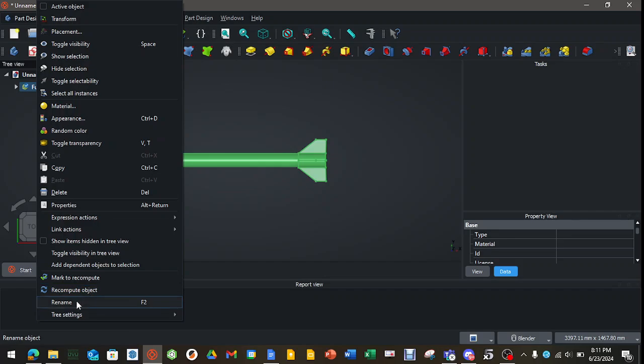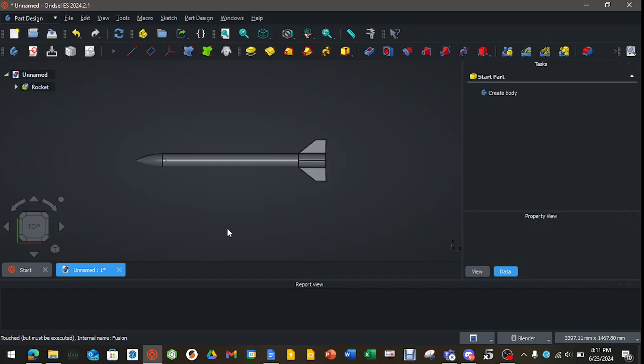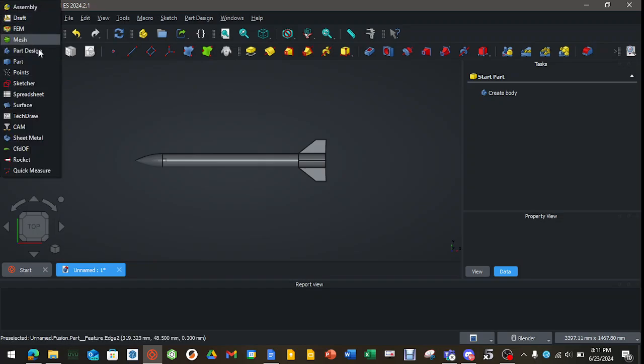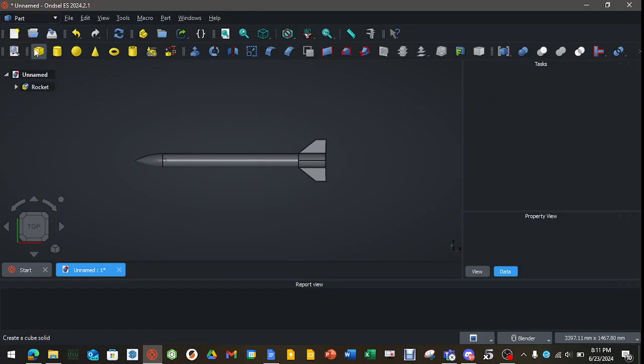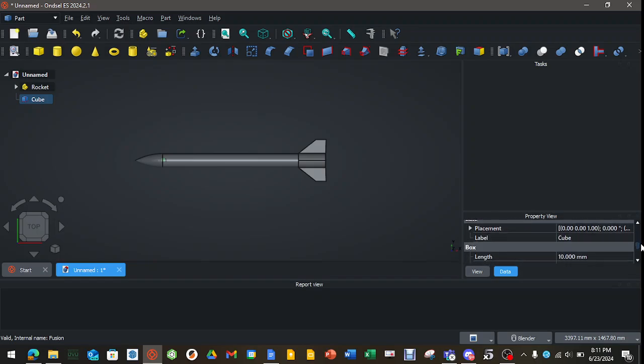Okay, rename rocket. Okay. So now we have this. The next thing we need to do is switch to the part workbench and drop a cube. Alright. Now, like I said last time, general rule of thumb is to make at least the inlet length, the